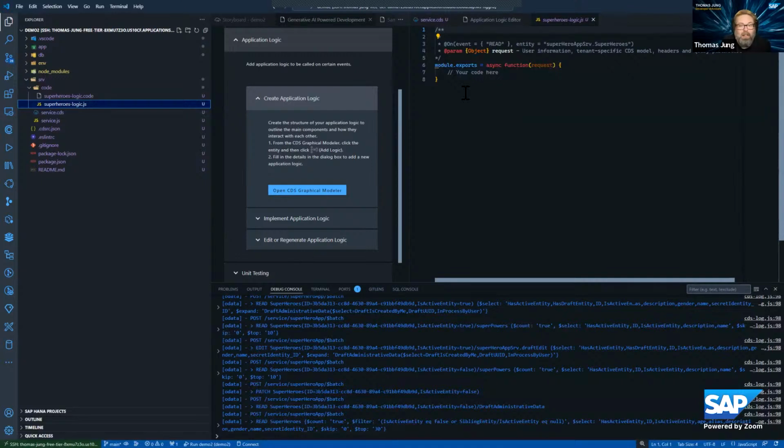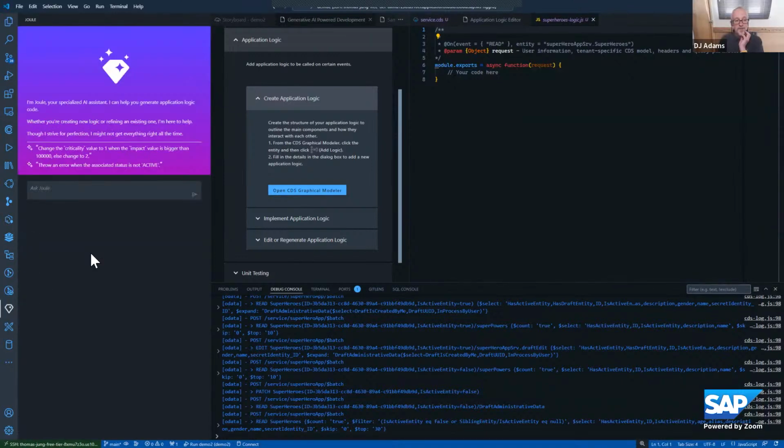I actually kind of like that, particularly for someone that's maybe not as familiar with JavaScript or with the CAP events. It just allows you to focus, and I like that structure. To be honest, since first seeing this when I looked at Joule and what it was generating, I've adopted that modular approach for my own little applications as well.